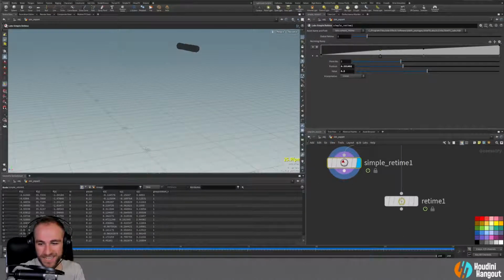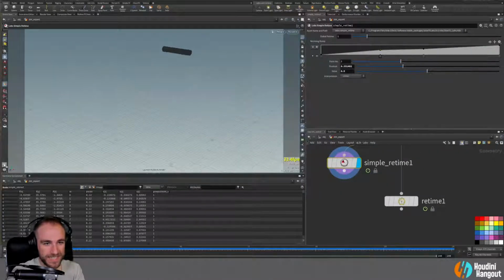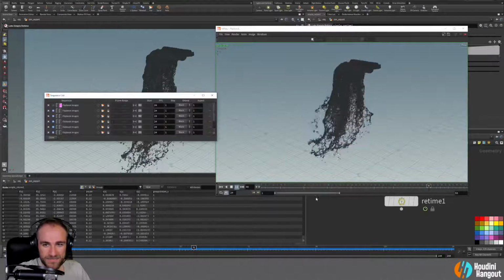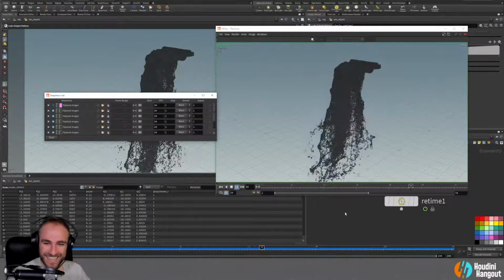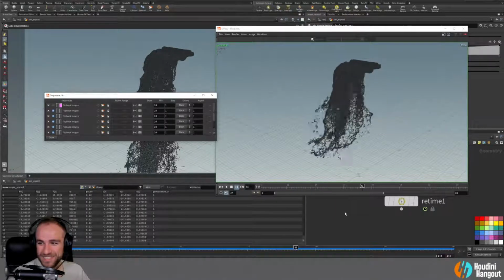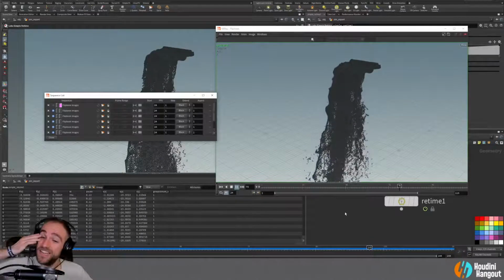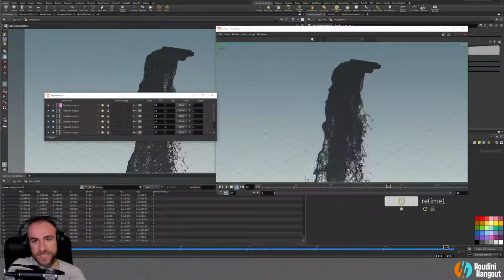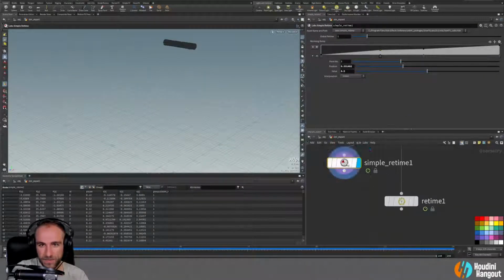So check out the Labs tools, simple retime, and looks like you'll get some nice animation there. Let's see what this looks like. I'm sure it'll animate just fine. I mean, that's pretty smooth. Turn off that reseed. It'll even work out of the box after caching. So what that's doing inside of there is exactly what I was mentioning, and I'm not sure why this retime isn't working the way I would expect it to, but basically what this is doing, let's just allow